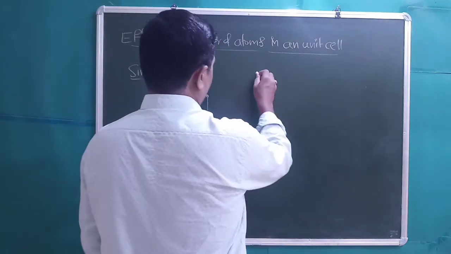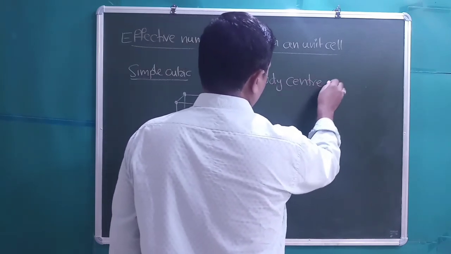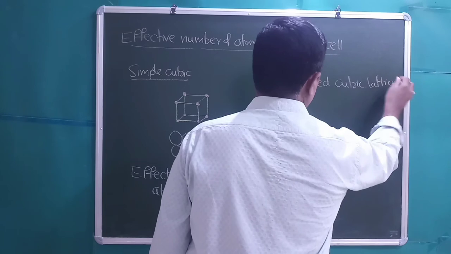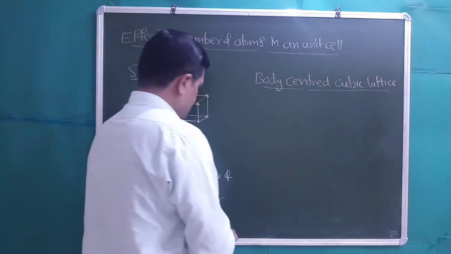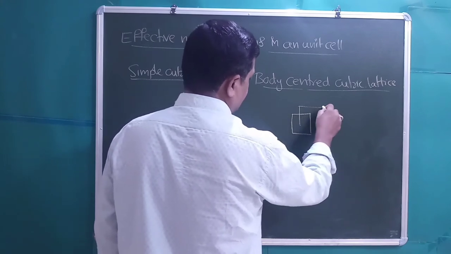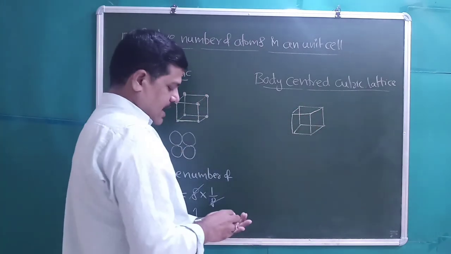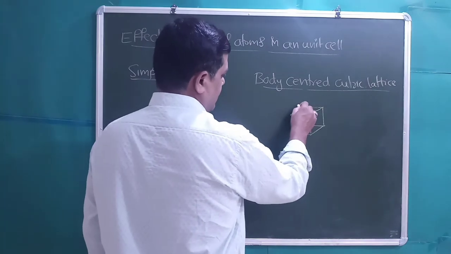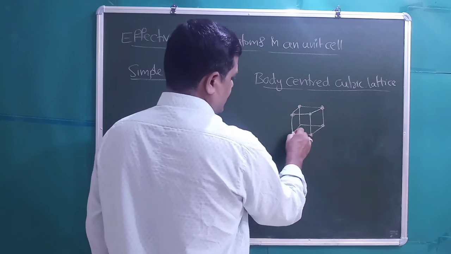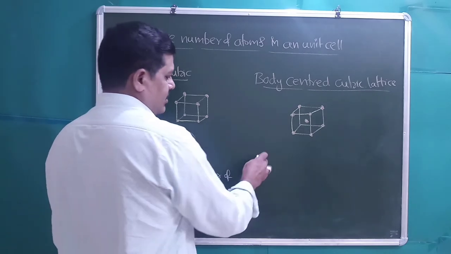Then we will take BCC, body centered cubic lattice. Lattice points are present at 8 corners and 1 at the body center. It is a non-primitive unit cell. Right? So here the effective number of atoms